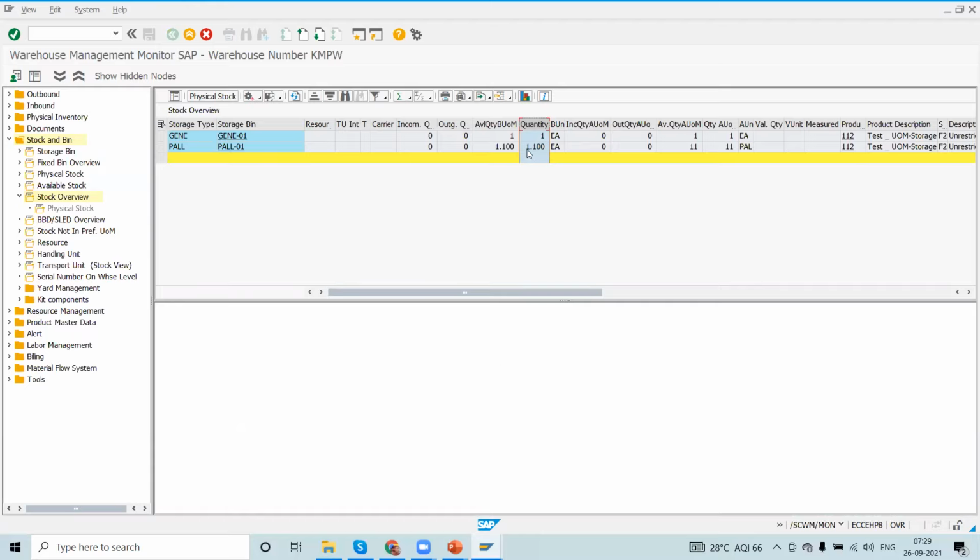Here we can see the differentiation between storage types: 1100 plus 1. In one storage type we have 1100, in the other storage type we have 1 piece. Total 1101. It's very easy to identify tomorrow how many pallets we have, how many pieces we have, how many cartons we have.